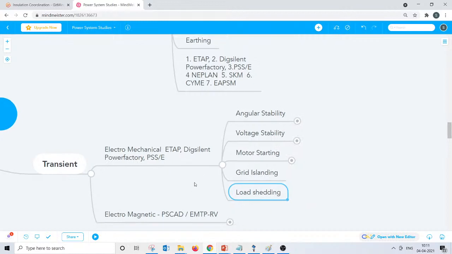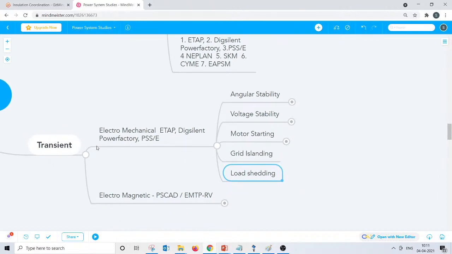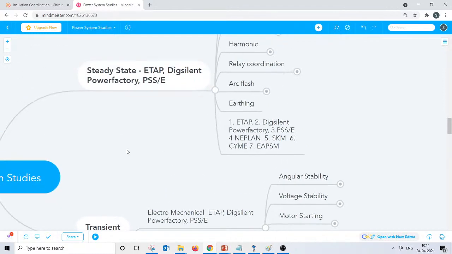Right. So electromechanical transients include all these studies, and you can use the same simulation software which you are using for steady state also for electromechanical transients. You name any other simulation software as well, like NEPLAN or SKM or SINCAL or EAPSM. You use any simulation software, as I told, there are plenty. Don't worry if I have missed software like PowerWorld or EC Power.